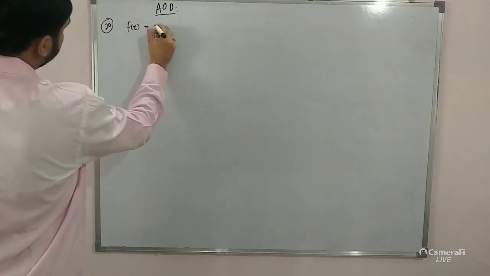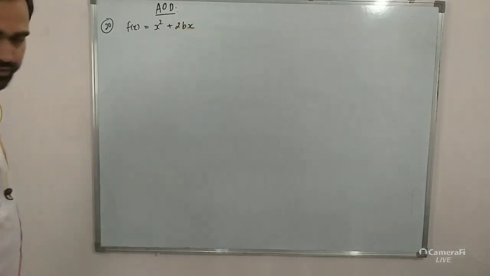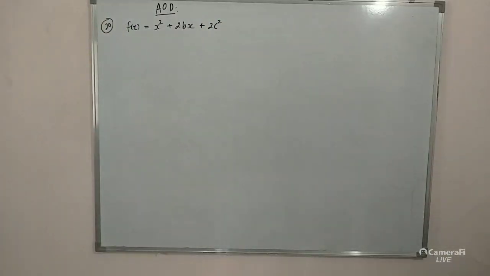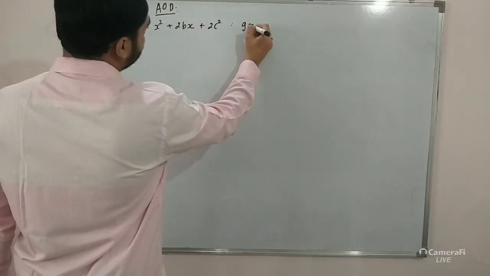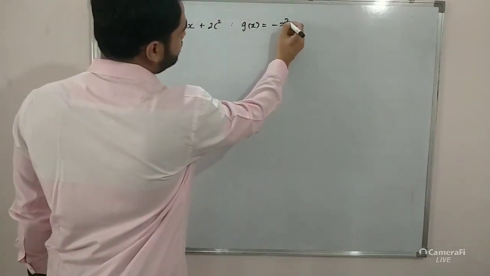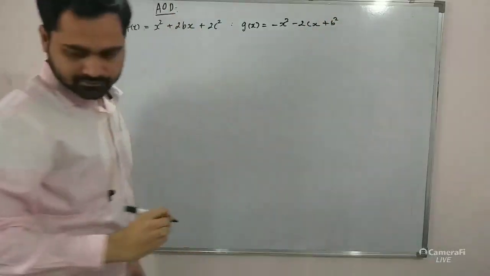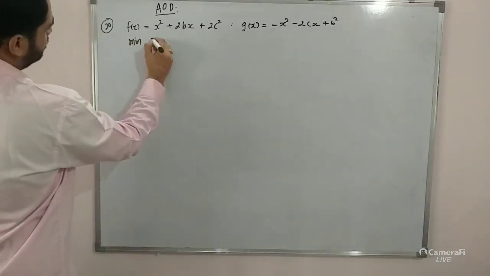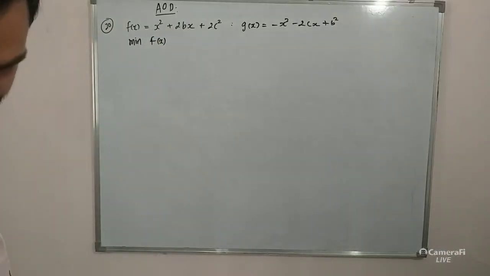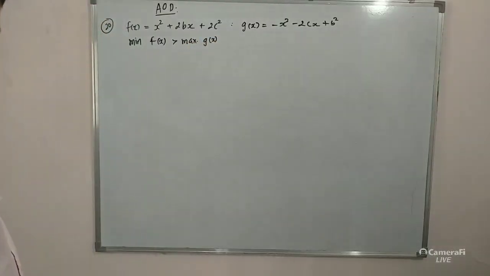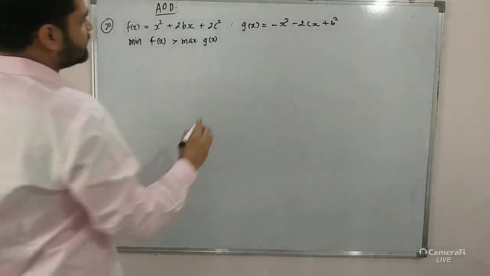In the 20th problem, f of x is equal to x square plus 2bx plus 2c square, and g of x is equal to minus x square minus 2cx plus b square, such that minimum of f of x is greater than maximum of g of x, then the relation between b and c is